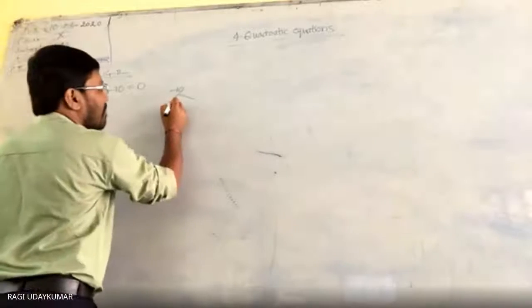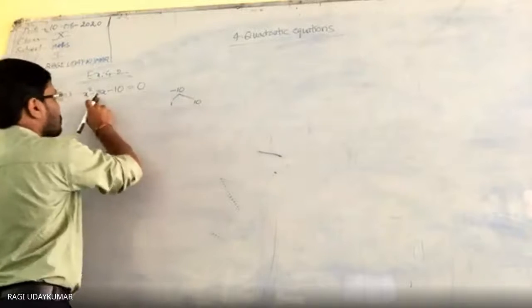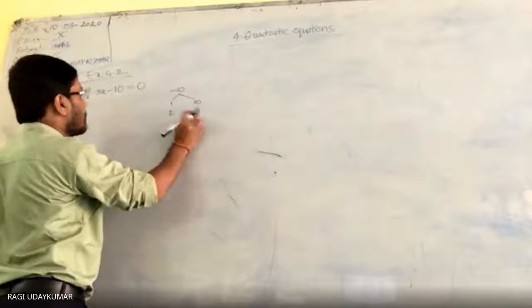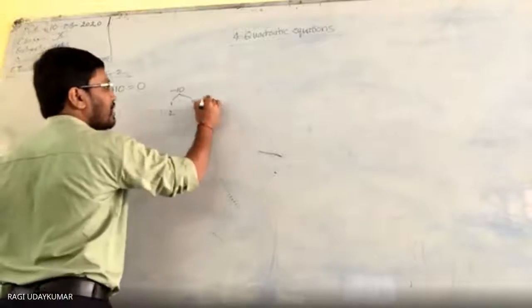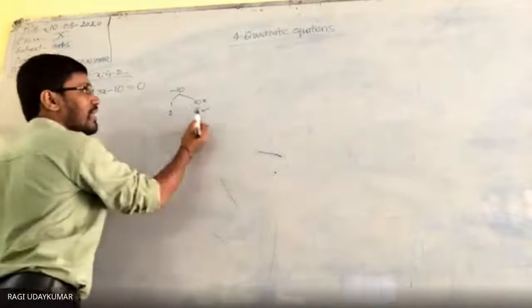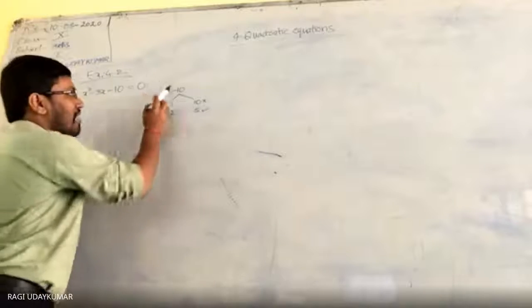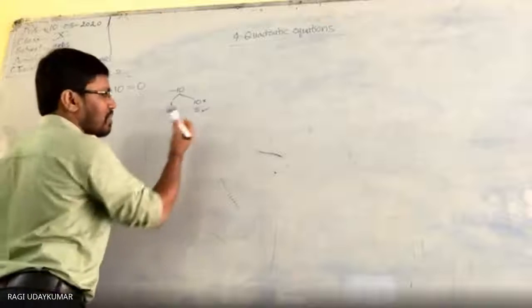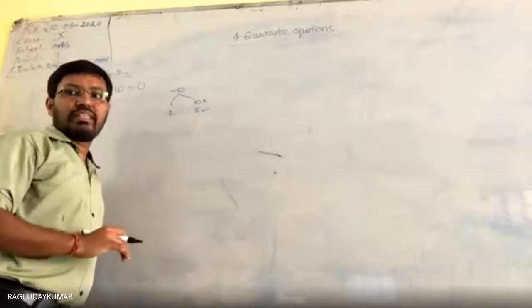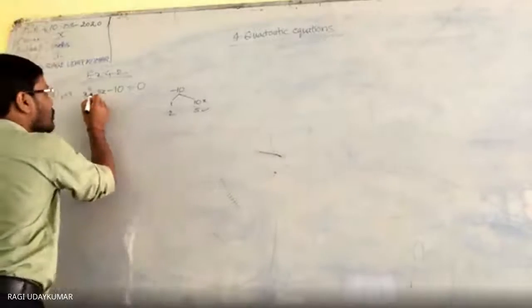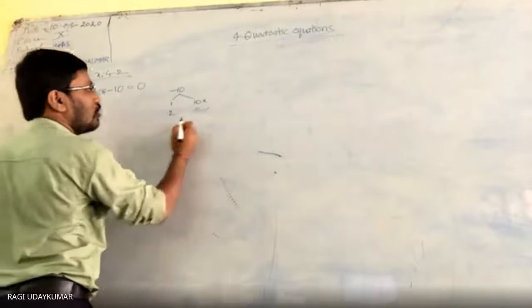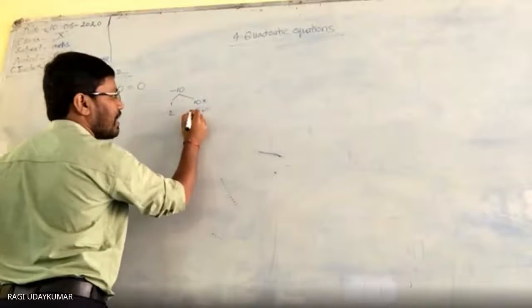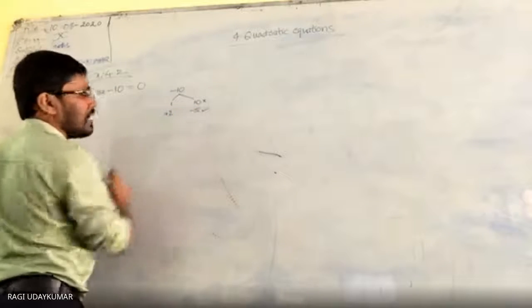So the difference: 1 10s are 10, and the difference of 10 and 1 is not this one. 2 5s are 10, and the difference of 2 and 5 is 3. So this should be taken, and the other should not be taken. And whenever you take these two, as you have the minus sign, one should be minus and the other plus. This sign is to be allotted to the greater number, which is 5. Allot minus to 5, and plus to the other.